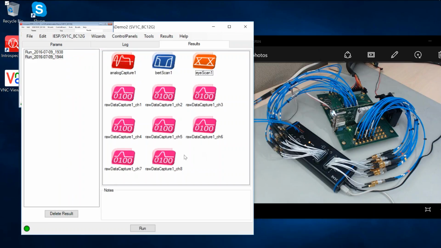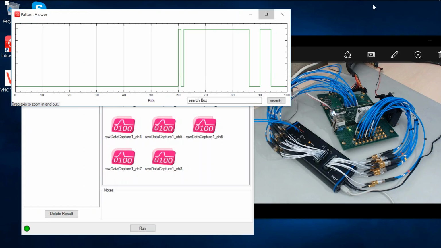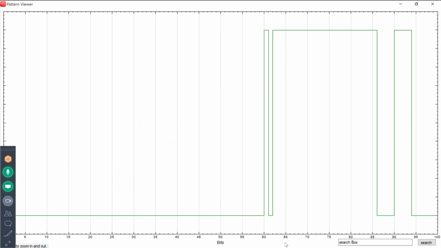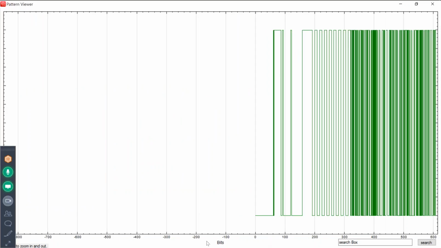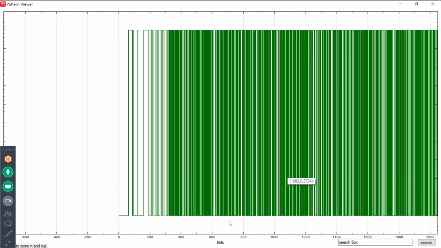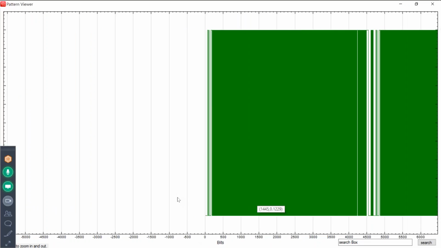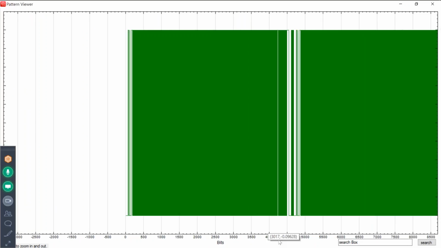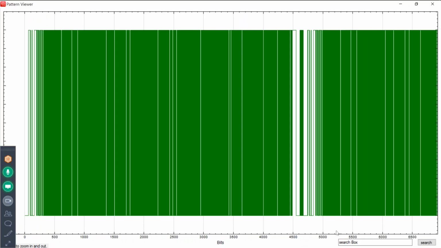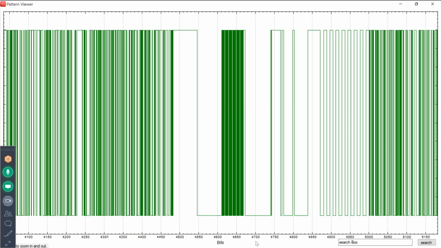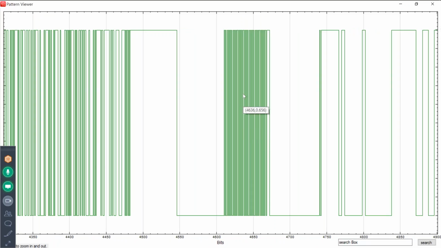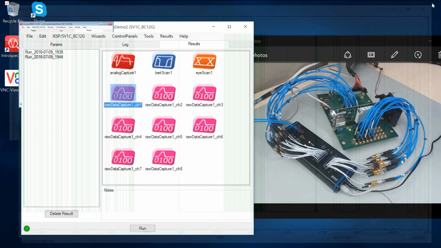And before closing, we'll just show the compliance pattern for Gen 3, just to illustrate how different it is from Gen 1 and Gen 2. And so it's really a scrambled pattern, and it's quite long compared to PCI Express Gen 1 and Gen 2. And so it does have certain characteristics, like some pathological sequences here that we've triggered on for the analog capture, and that's all designed to provide the most significant stress for transmitters and receivers when it comes to testing and